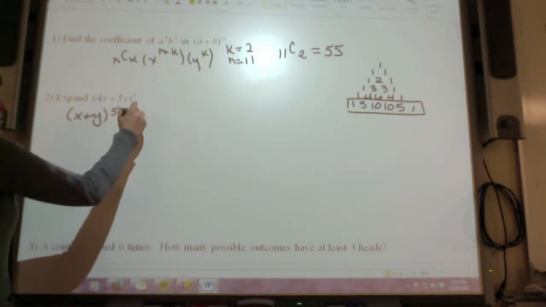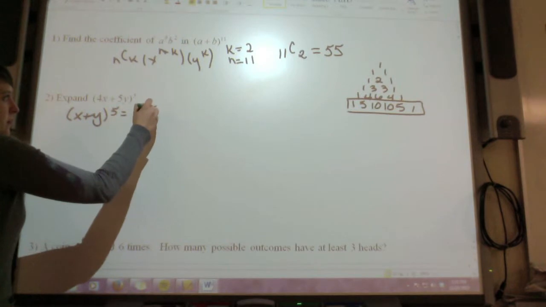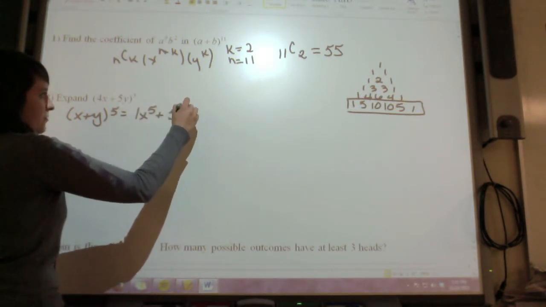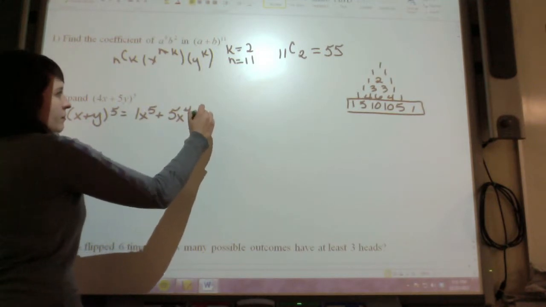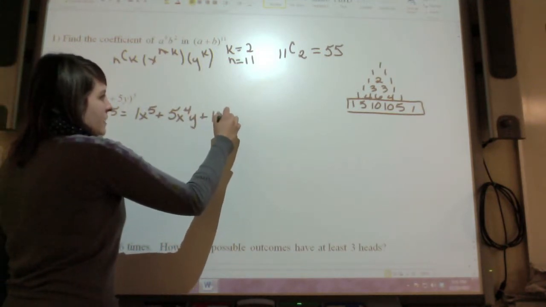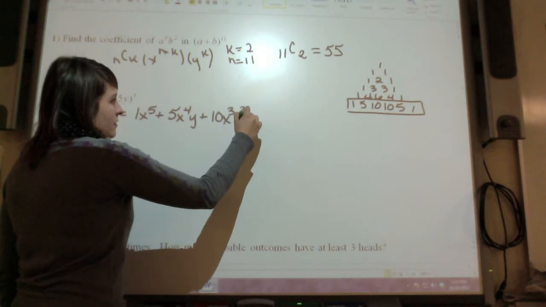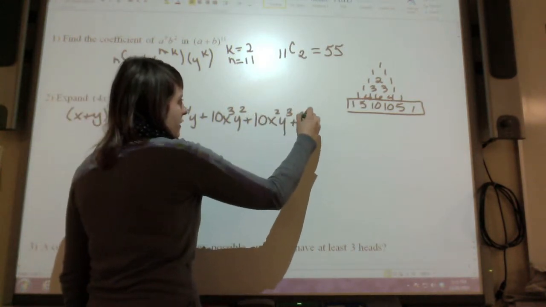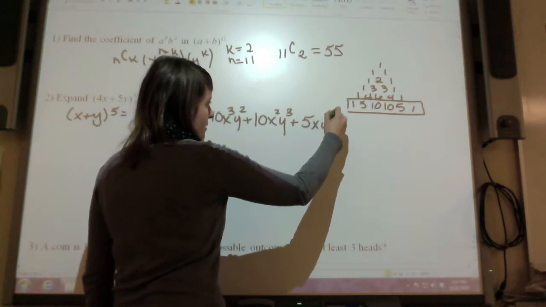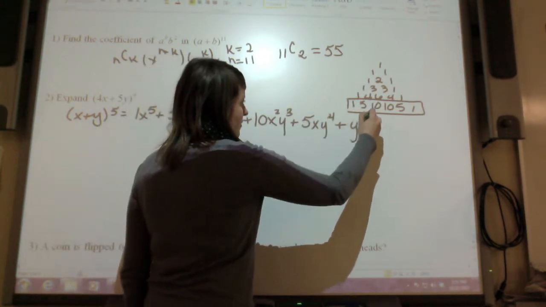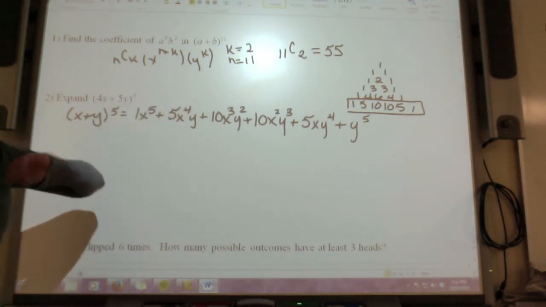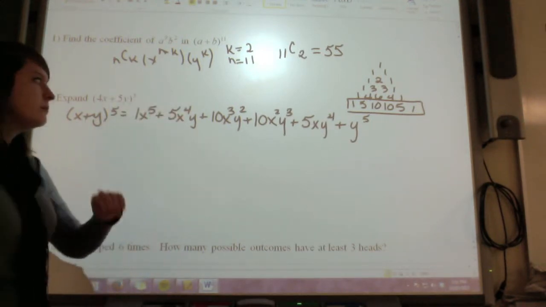So I will have 1 x to the 5th plus 5 x to the 4th y plus 10 x to the 3rd y squared plus 10 x squared y to the 3rd plus 5 x y to the 4th plus y to the 5th. Okay, so notice that what I'm doing, I'm just using these coefficients from Pascal's triangle, and